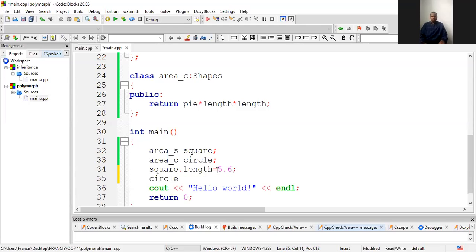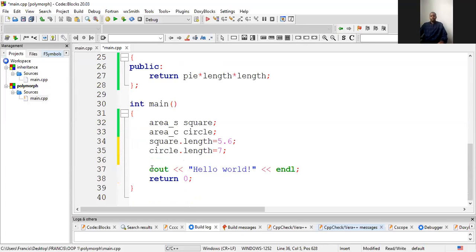Then circle dot width, not circle dot length. This length is going to be treated as a radius. It's going to be 7. Then we're going to cout area of square equals to, it's going to be square dot